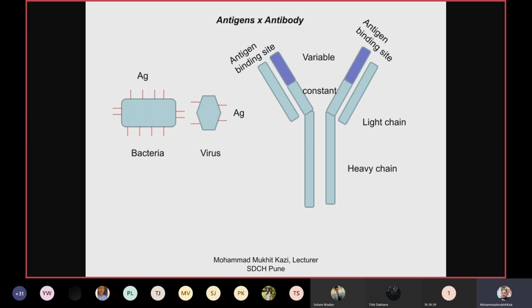The upper part of the chain, which has a variable region, is responsible for antigen binding. When you look at the antigen, it is multivalent. It means that there are lots of valencies on the antigen surface where the antibody can bind. So one antigen might have several antibodies bound to it. But when you look at the structure of the antibody, it could be one-sided binding, that is monovalent, or it could be both sides. That means both the arms will bind to that antigen. That is why it is called bivalent.